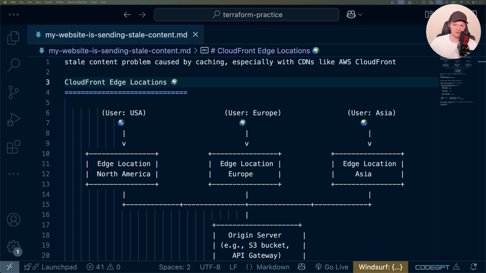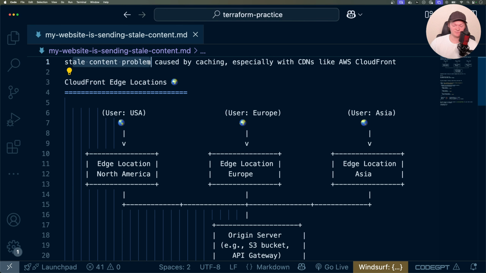Say you've just updated your website, maybe a fresh blog post, a critical CSS fix, or even a new feature, but you hit refresh and nothing's changed, so your browser still shows the old version. Well, this is usually a typical stale content problem caused by caching, and this is especially common with CDNs like